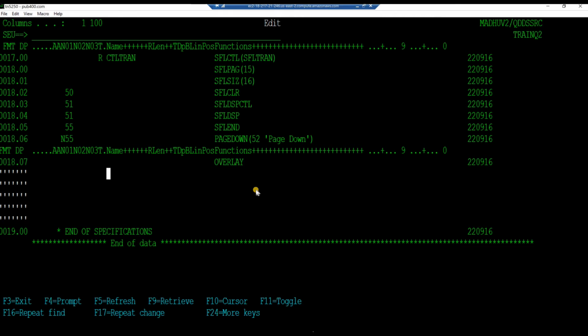Next line, under Name, key in the subfile active record number holding field RRN. Under Len, key in a 4. Under Type, key in an S for zone, decimal positions 0, and for input-output, key in an H for hidden. Under Functions, key in the field level keyword SFLRCDNBR for subfile record number within brackets, CURSOR, so that